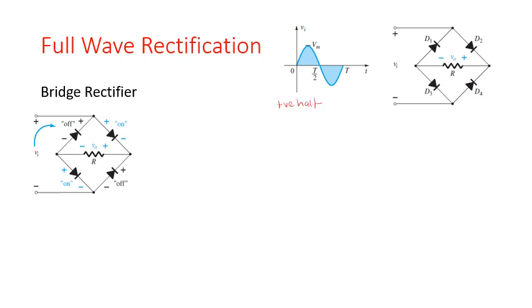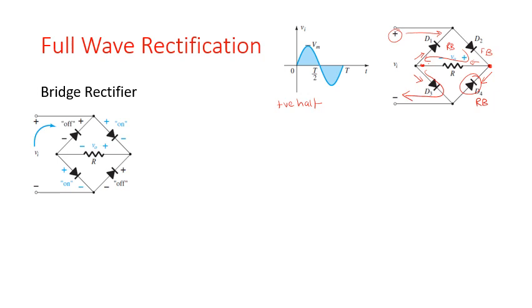In the positive half cycle, this is positive. When I reach here, diode D2 will become forward biased, D1 will be reverse biased. Then I take a turn, I come here. When you reach here, you can check whether you're going to go here or you're going to come here, but D4 is going to be reverse biased. So you take a turn, go through the resistor, come here. Now again the question is whether you're going to go towards D1 or you're going to come towards D3. Both of them are going to be forward biased right now, but you cannot go back to where you came from. You have to complete your circle, so you're going to come here. And this is how you'll complete the circle.